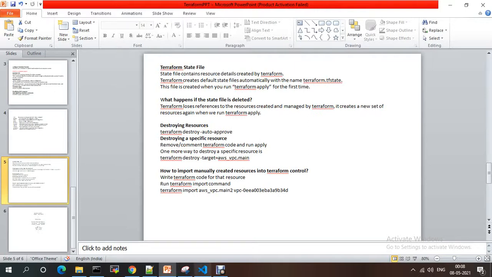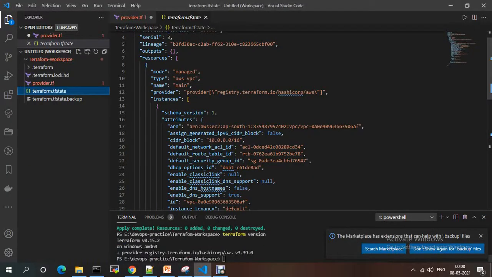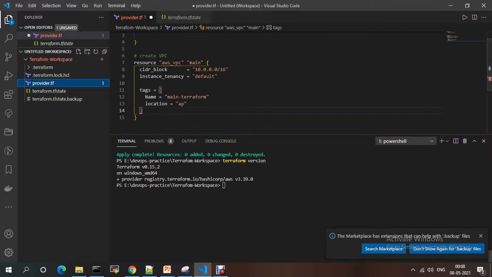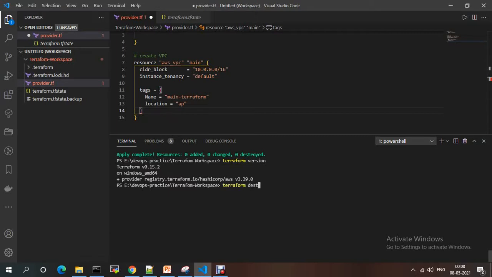If I want to destroy my resources, where destroy means delete, what do I need to do? In the same workspace, run terraform destroy. If you give terraform destroy, it will completely delete my resources.